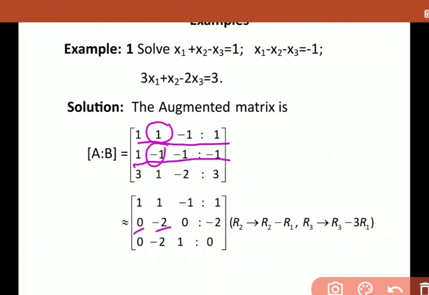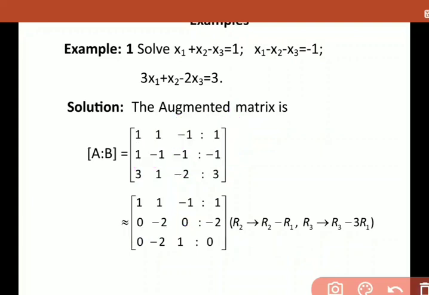And the next one, this operation we are applying. The next element is here again, minus 1 minus of minus 1, minus 1 plus 1 becomes 0. And lastly, this is minus 1 minus of minus 1, it is minus 1, minus 1 is minus 2. You will get this row.